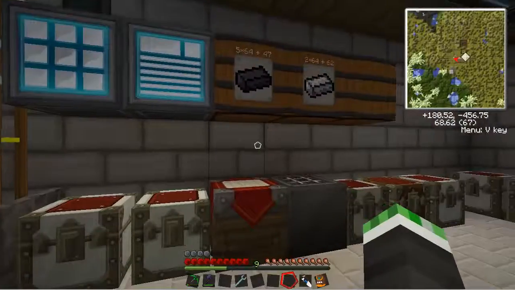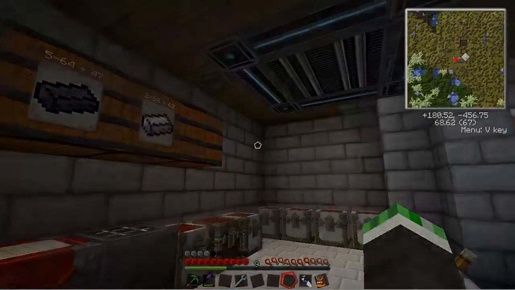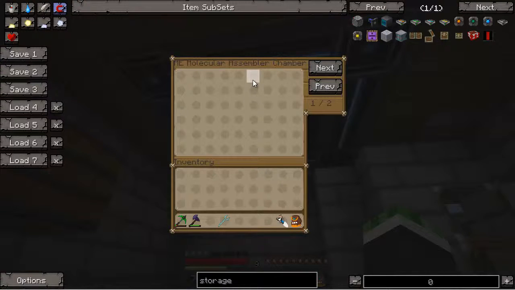This is episode 33 of my Feed the Beast companion series. This episode we're going to do some crafting with AE. Now I've built this wonderful assembly chamber